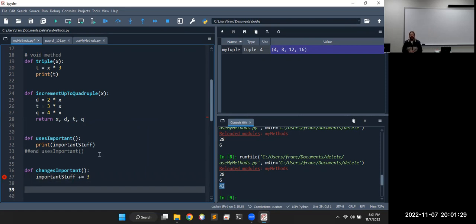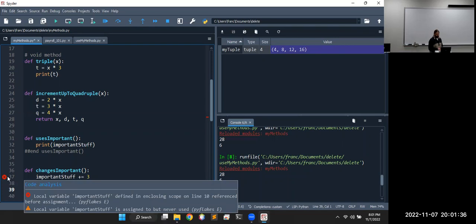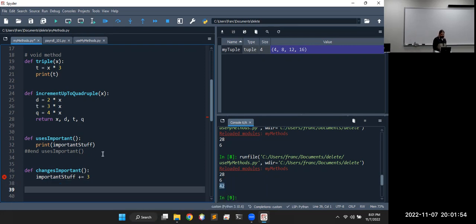Notice the error message. It's not going to let us run that. And the reason is local variable important stuff is referenced before it is defined. So it thinks it's a local variable now. It thinks that's our local one. And the reason is we're trying to change the value. So if you want to access that,